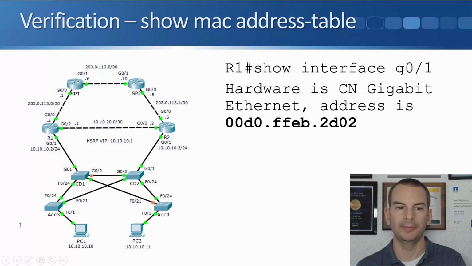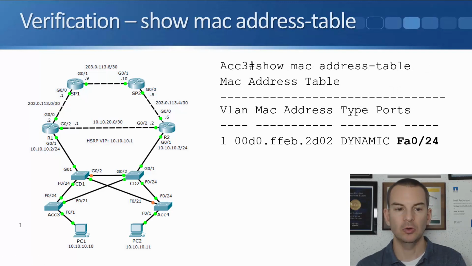So I go into R1 and I do a show interface for gig 0/1 there to find out the MAC address, because I'm going to check the path traffic's taking from PC1 to that interface with IP address 10.10.10.2. In the example, I can see that it ends with MAC address 2D02. I then go on to the first hop switch, which is access 3, and I do a show MAC address table, and I see the entry there for VLAN 1 for the MAC address ending in 2D02, which is that interface on R1, that the outgoing port is going to be fast 0/24 going towards CD1, which is what